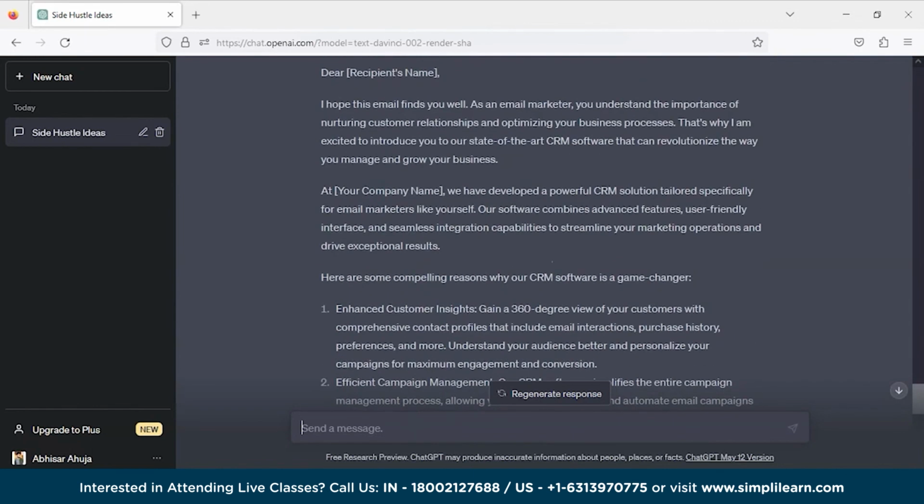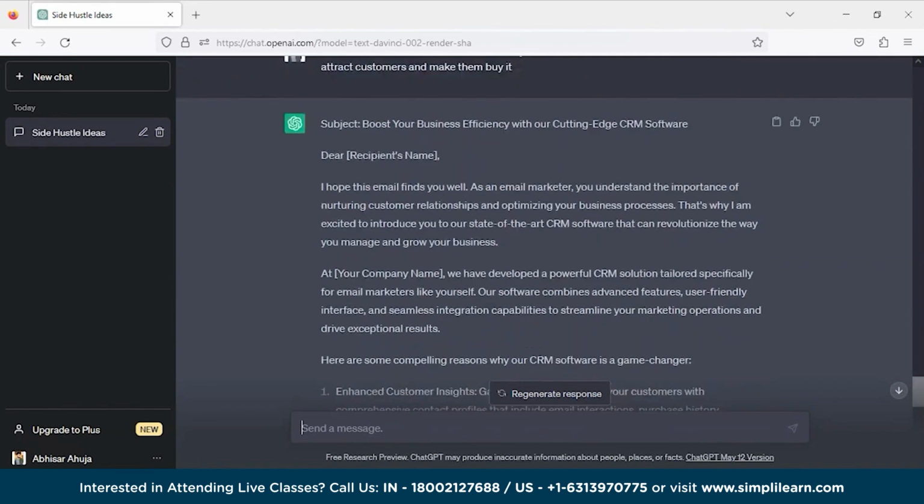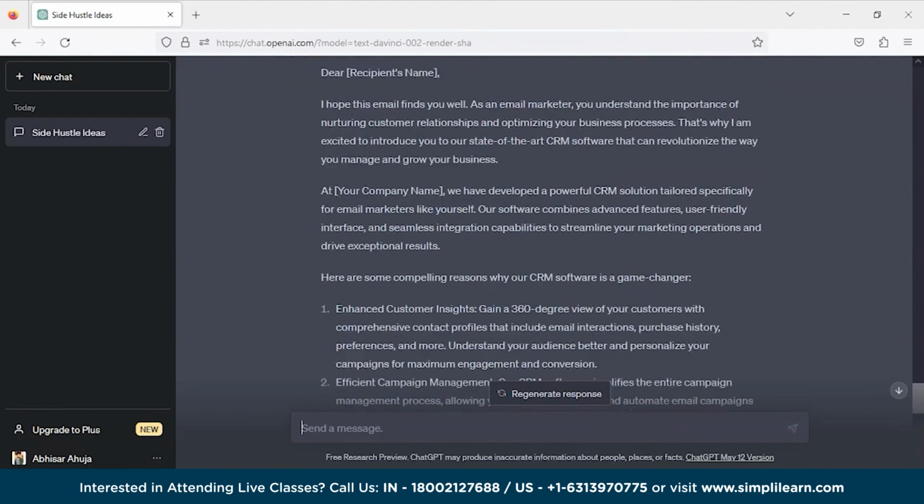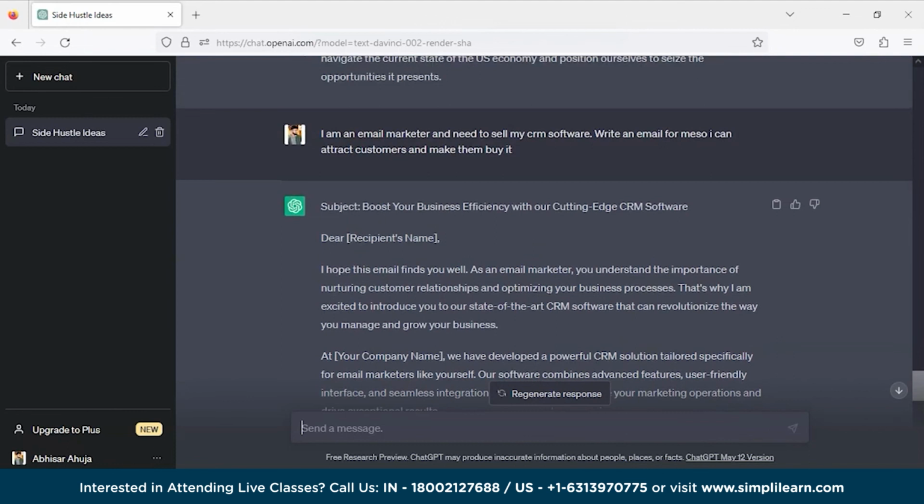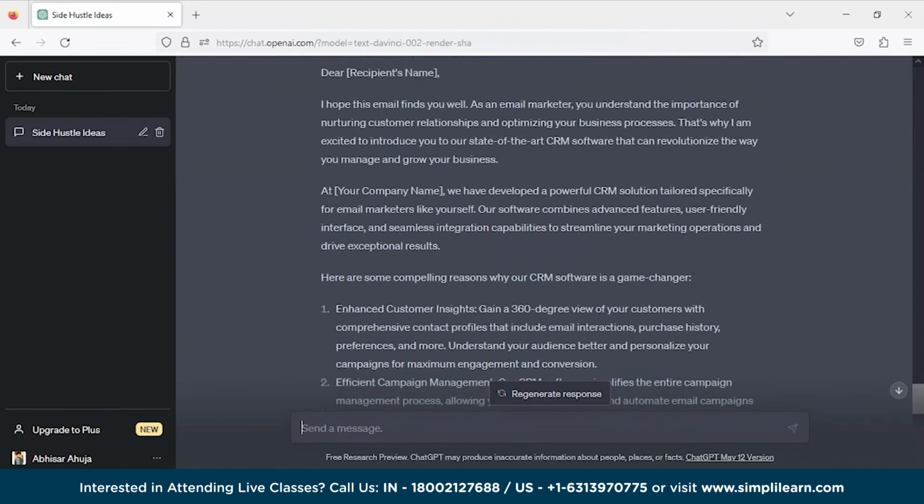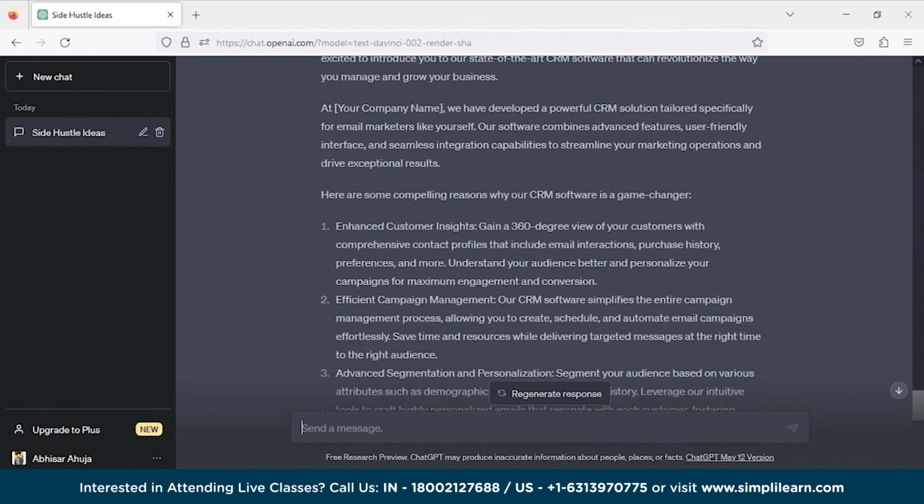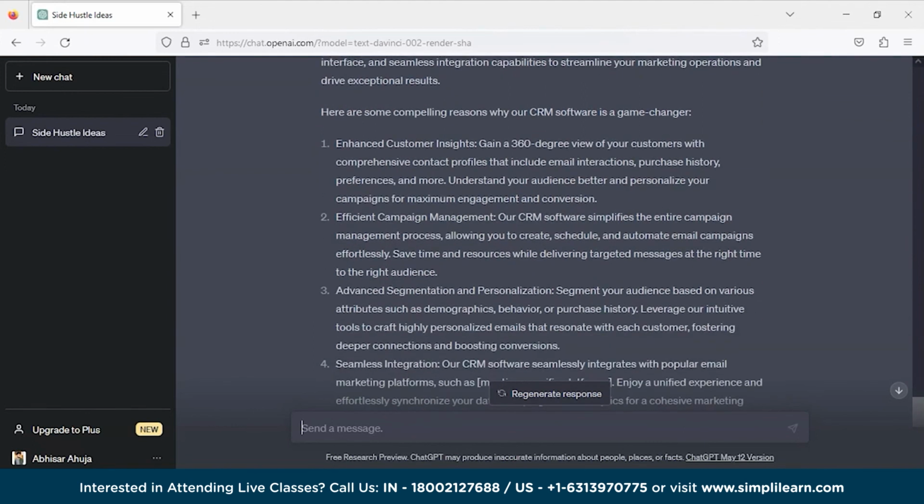You could see that it has written the email. That is, "I hope this email finds you well as an email marketer." Okay, this is for me, and you could start from here. "At your company, we have developed a powerful CRM solution tailored specifically for email marketers like yourself. Our software combines advanced features, user friendly." Okay, it has written for email marketers only. It has targeted the audience, that is email marketers. No issue, you can ask it to change that, and you can craft compelling emails with ChatGPT, and this is